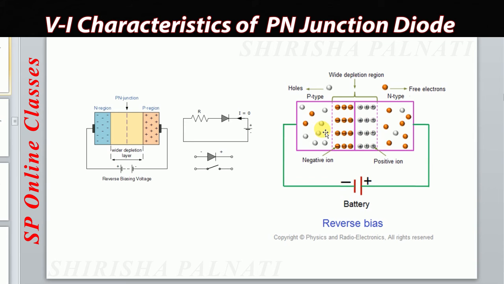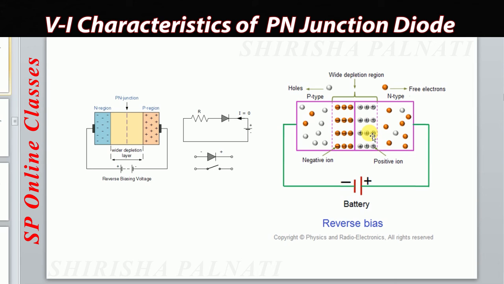But the p type and n type both have some minority charge carriers, right? The p type has some electrons, which are negative charge carriers, and the n type has some minority charge carriers, that is, positive charge carriers. The minority charge carriers in the p type are connected to the negative, and in the n type to the positive. So that's why the condition of forward bias occurs for them. A little bit of current is flown by this diode, and that current is called the leakage current.